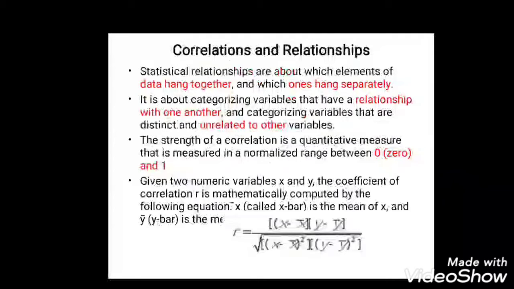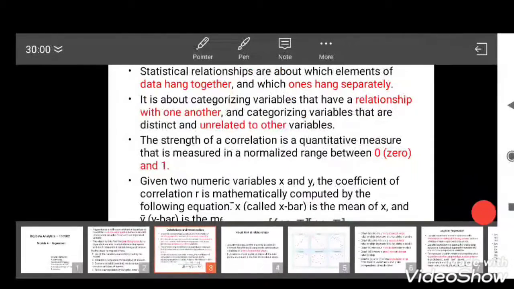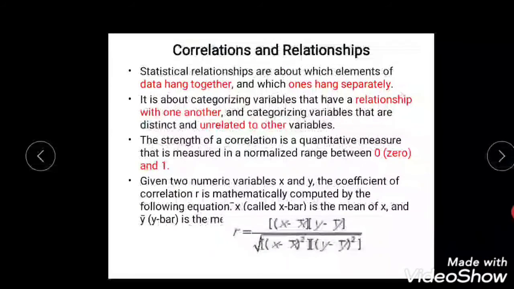So it is always good to have the measure of correlation in the range -1 to +1. If it is -1, it indicates an inverse, opposite direction, and if it is 0, it signifies no relation. If it is 1, it shows a perfect relation in the same direction, right? So when you are given two variables, the coefficient of correlation r can be computed using this formula. r is equal to the sum of (x minus x bar) times (y minus y bar), over the square root of the sum of (x minus x bar) whole square times the sum of (y minus y bar) whole square.